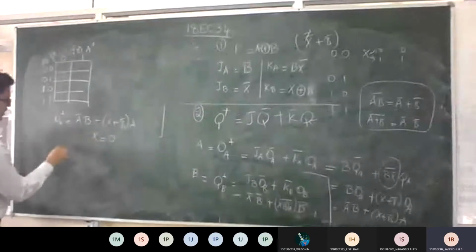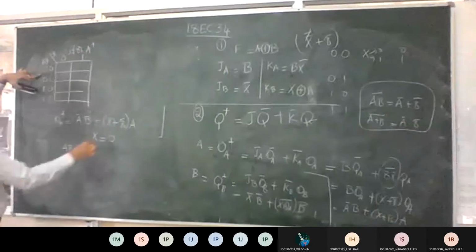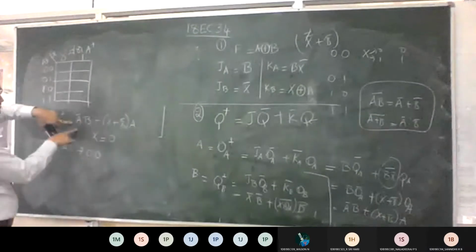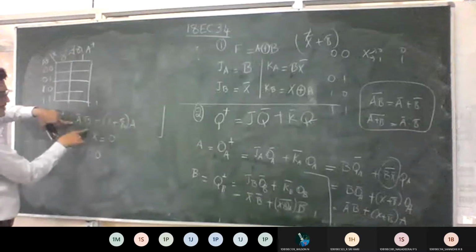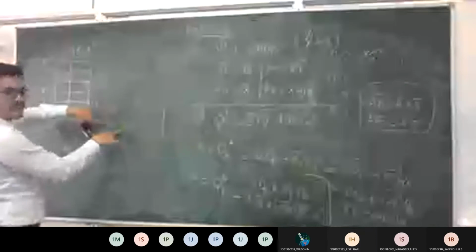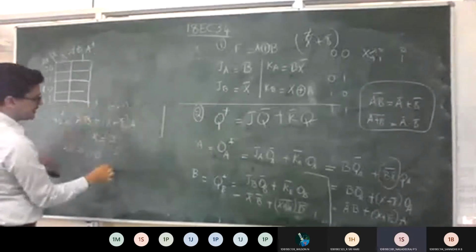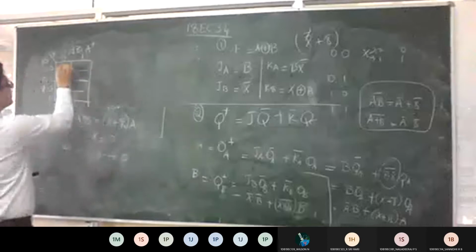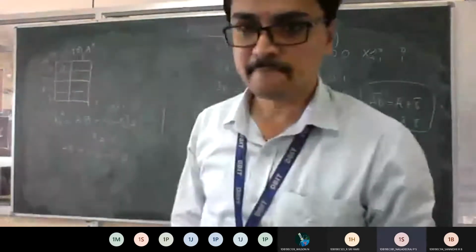X equal to 0 and the combination of AB. Initially what here? 0, 0. Substitute these 3 in this equation. A is 0, becomes 1. B is 0, means complement. X is 0. B bar is 1, into A is 0. So the complete term becomes 0. So can I write it as 0 here? Yes, sir.